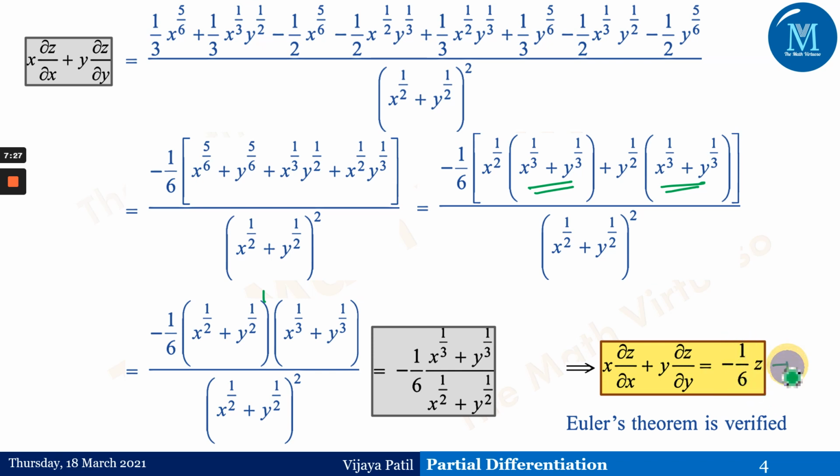That is what we have got in equation number 2, and the second we have got in the same way, and therefore Euler's theorem is verified here. Very simple. The only thing is I did not spend the time explaining this particular thing. It's very simple. Whenever we are going for partial differentiation, whenever we are differentiating with respect to x, we need to keep y constant, and whenever we are differentiating with respect to y, we need to keep x constant, whenever we have two variables.